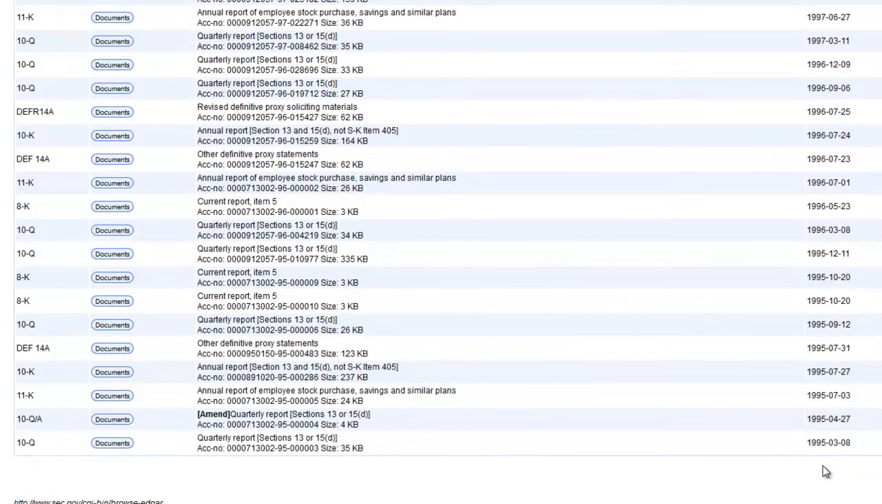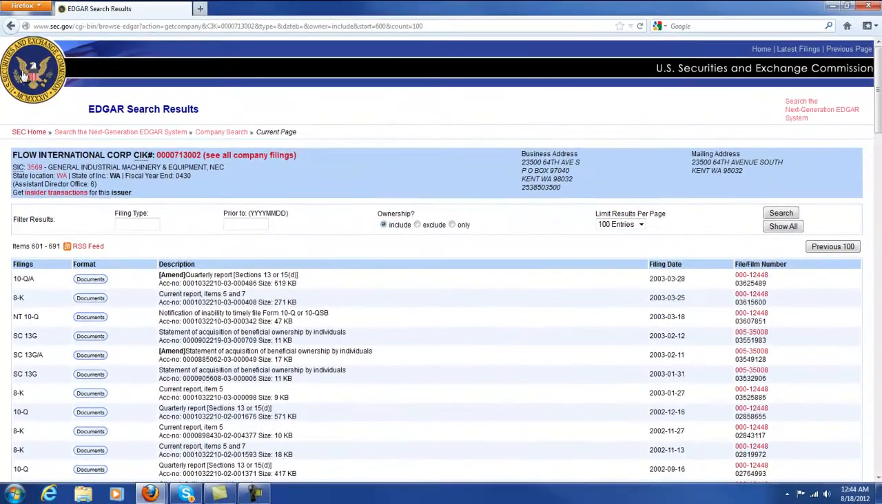One thing that I want you to notice is that you will find this on many different companies. You don't see any registration reports such as S1. And the reason for this is Flow International Corporation was incorporated way before SEC was requiring companies to file with Edgar, and that's why we don't see any registration statements. But if we go back